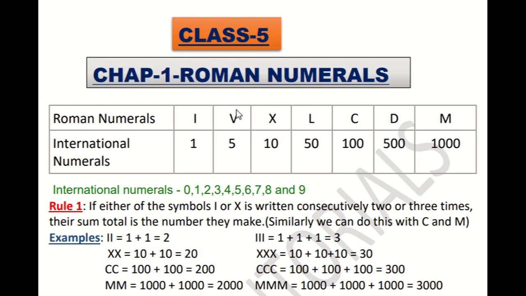Okay? So there are two types of number systems which we use in our daily life. The first one, international numerals. Second one, Roman numerals or Roman number system. So let's talk about international numerals or international number systems. So here are 10 digits 0, 1, 2, 3, 4, 5, 6, 7, 8 and 9. These 10 digits are the basic building blocks of your international number systems because we use them and generate other